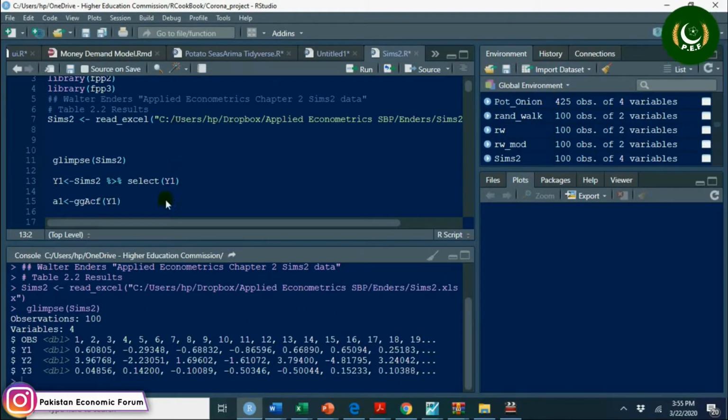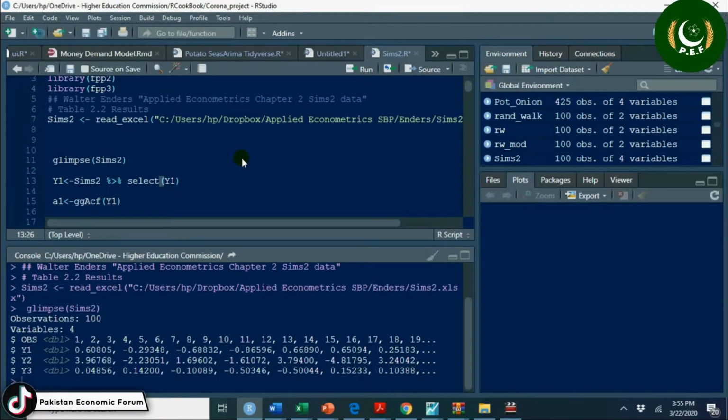We have 100 observations and 4 variables. The first variable is observations, and the other 3 variables are y1, y2, y3. This is simulated data provided by Walter Enders in his book and on his site as well. You can see enders.net for this data.